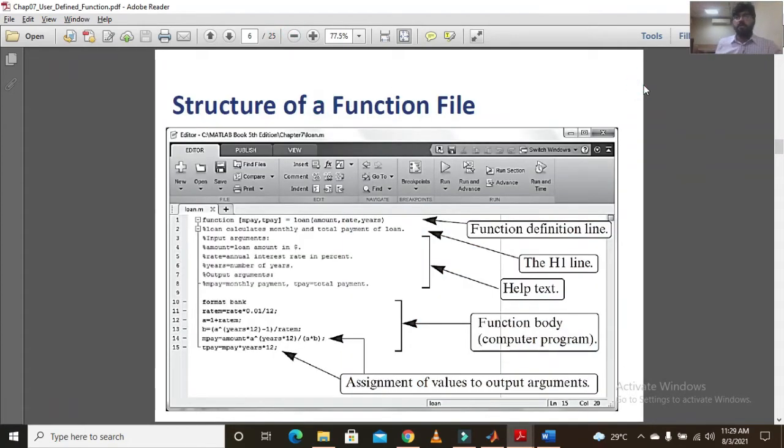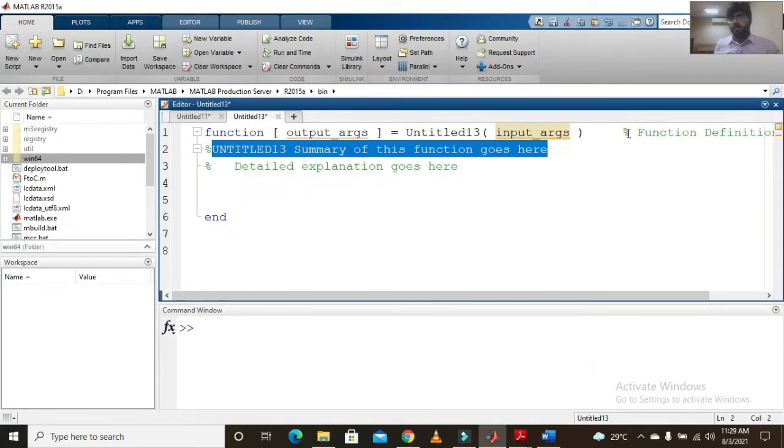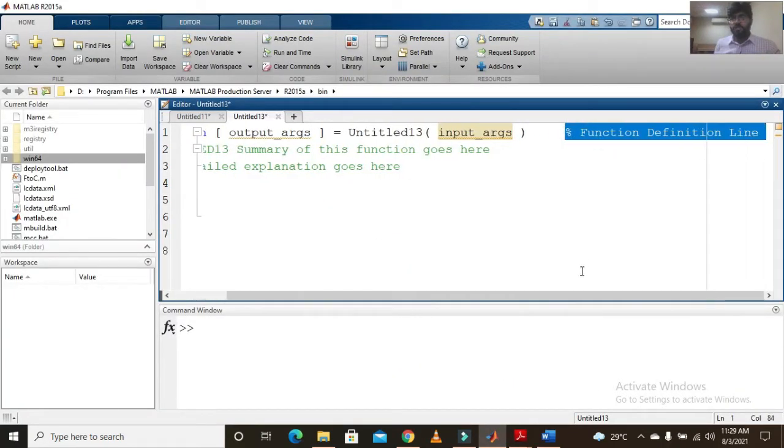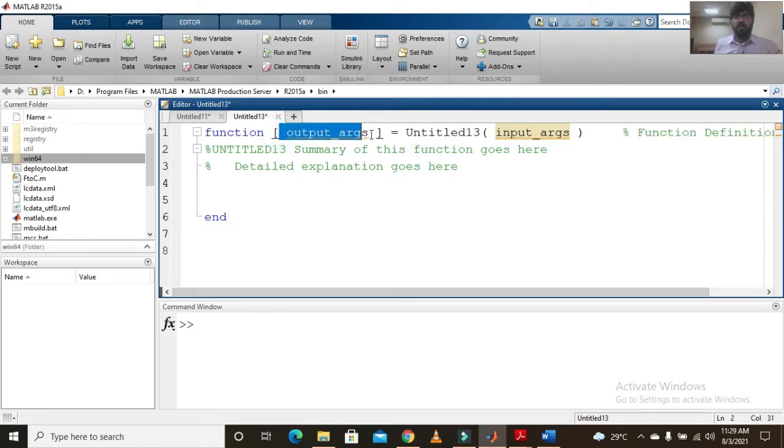Moving forward, as I mentioned earlier, the first one is the function definition line. In the function definition line, we should have some output arguments. Here it will be the name of the function file, and inside these parentheses you will have to define the input arguments for the function file.